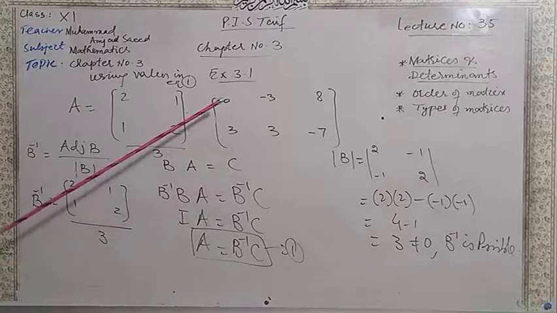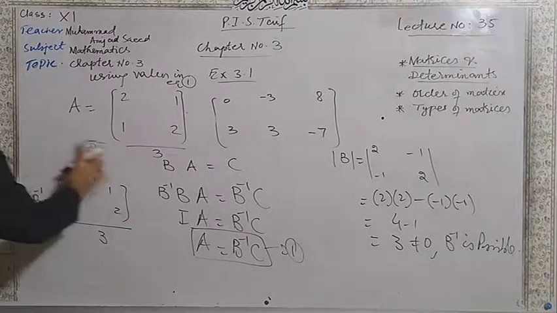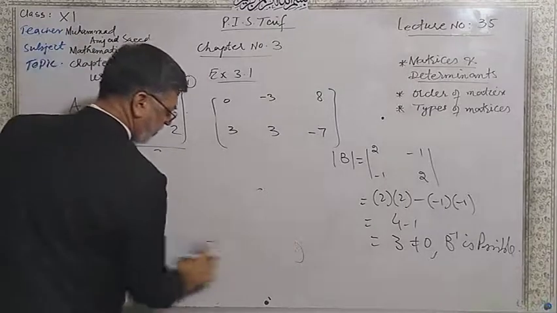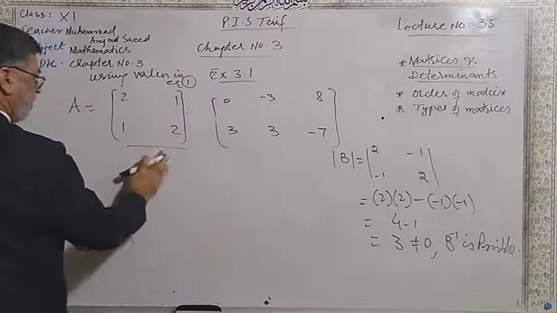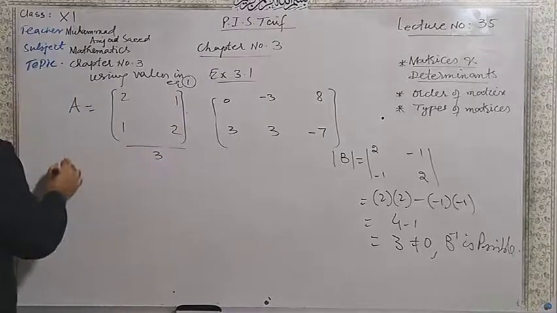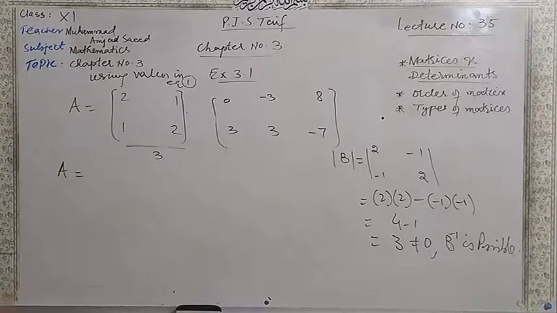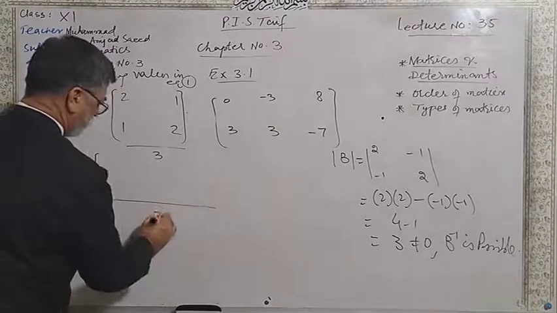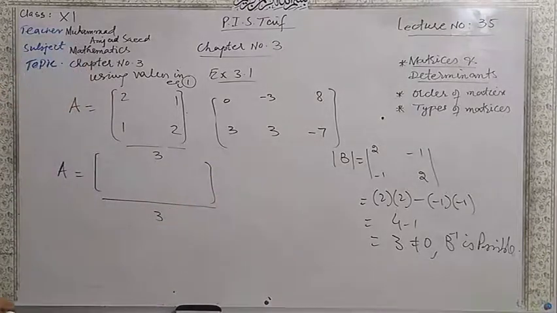And C is, this is C. This is over 3. A is equal to over 3. Remember that